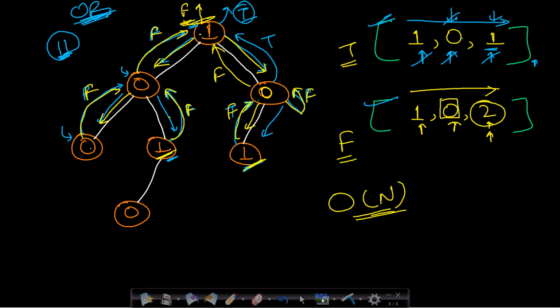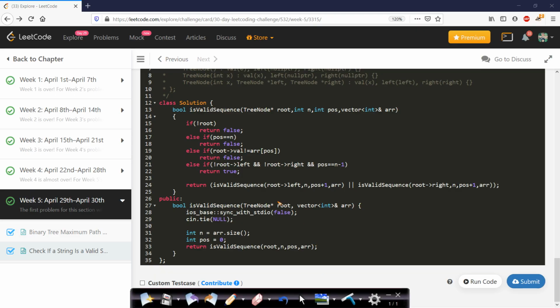So let us now look at the code which I have written. In this code we are passed the root of the tree as well as the array. Now we will find the array size and we'll take a position variable which will determine which current position of the array we are currently seeing. Okay, so this will be compared with the root node value. So this root is the root of the entire tree. Now we are passing the root, this n is the size of the array elements, and this position is the current position of the array element which we will be processing, and this array is the array itself.